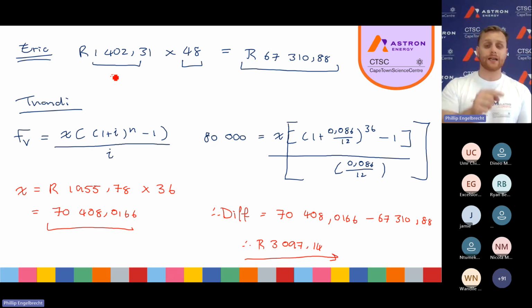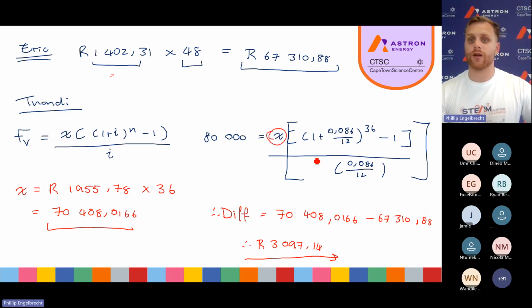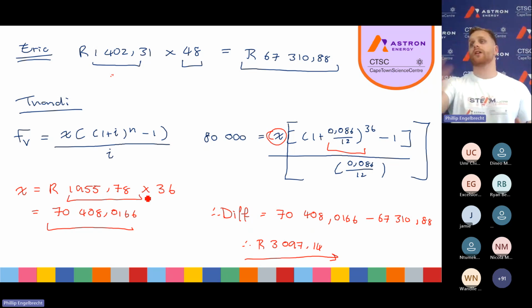Okay, for Thandi, however, you first had to figure it out. How much does she owe per month, which is this value over here? And you can see it includes the interest rate. Okay, so she had to pay this amount per month, and she paid that over 36 months. Okay, and this is the total that she paid, and this is the total that Eric paid. All right, so does that answer your question, Tatum? Anyways,